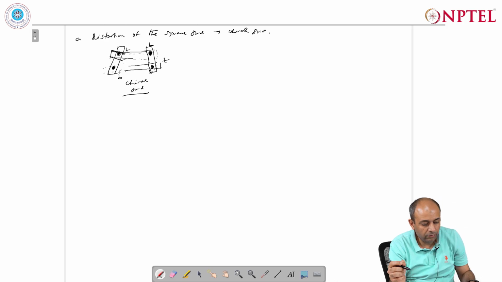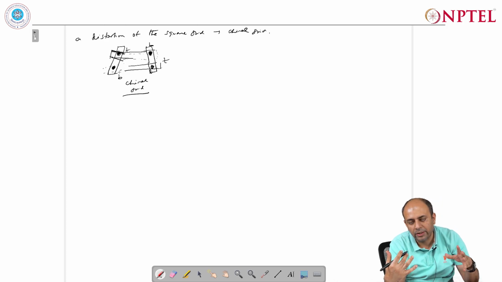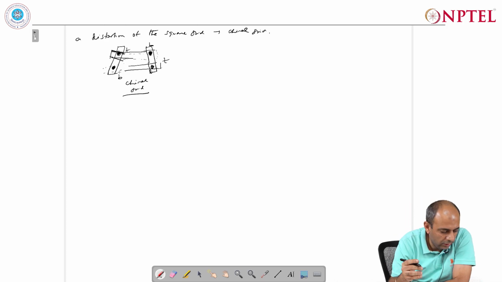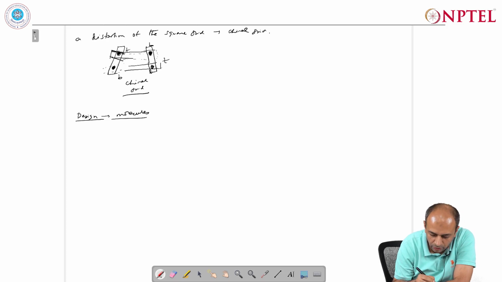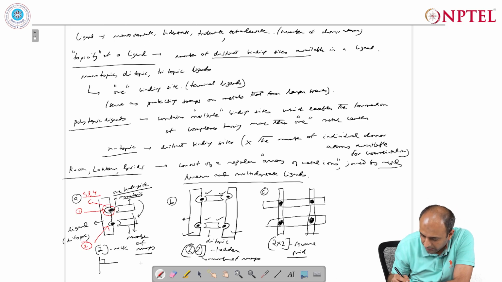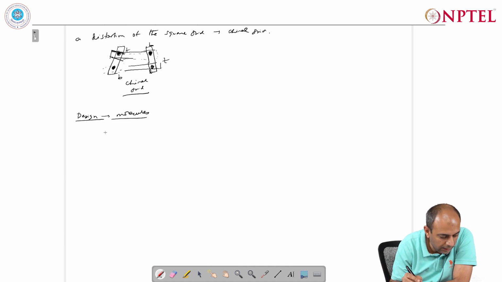So now, how do we start creating this necessary structure? First of all, the design principle was that we have used the ligand. Now the design can be applied to different molecules for the construction of these rack, laddered, square grid and chiral grid. So first let us see how it originated. So first we start with